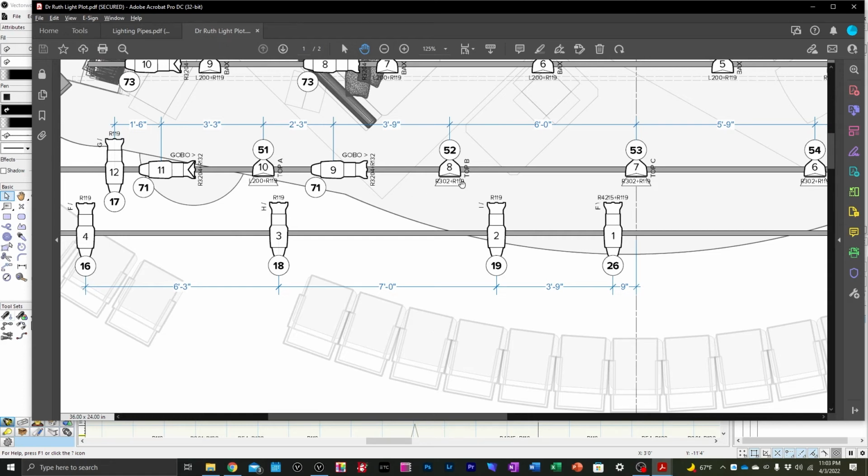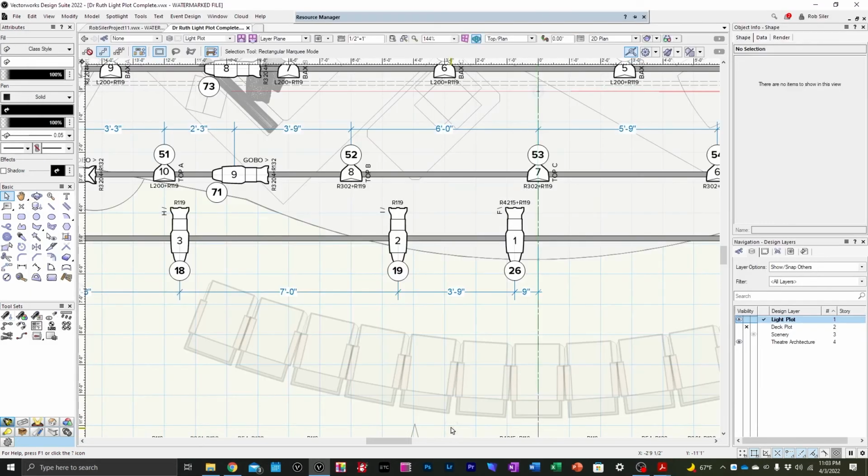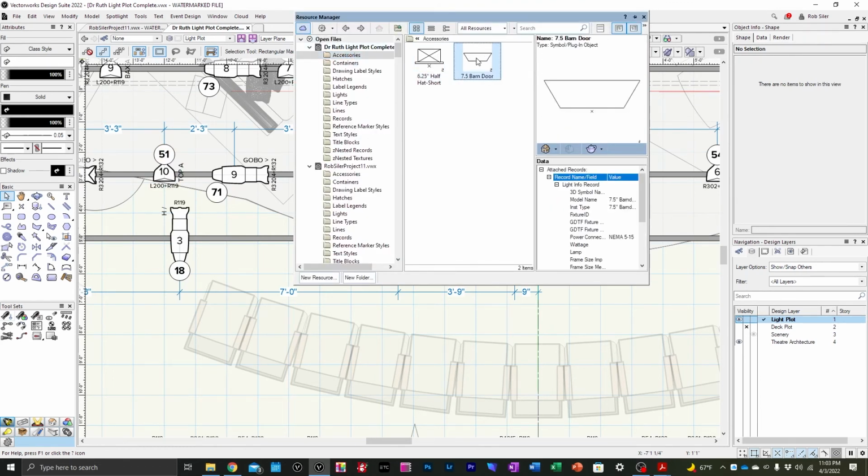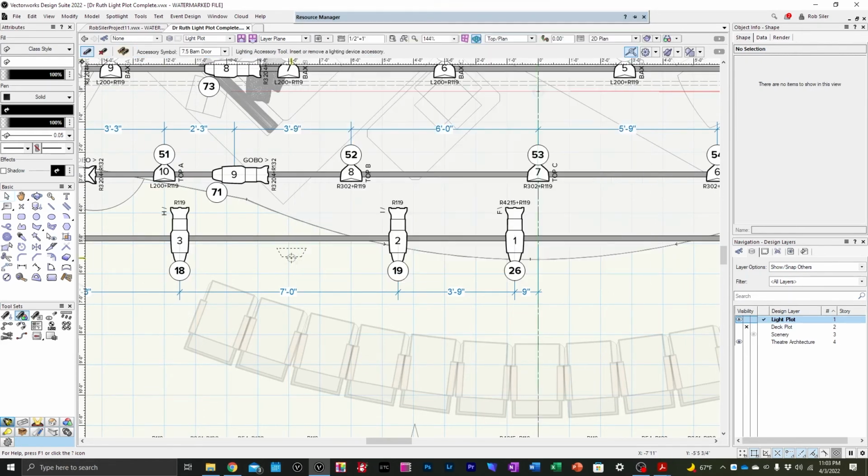So in this case, we have something called a barn door that you can see in your key as well, that's drafted on top of this. Vectorworks has a way of dealing with these as well. If you go to Resource Manager, Accessories, you'll find a barn door symbol. If you double click on that,